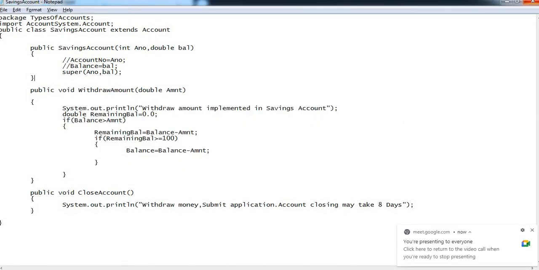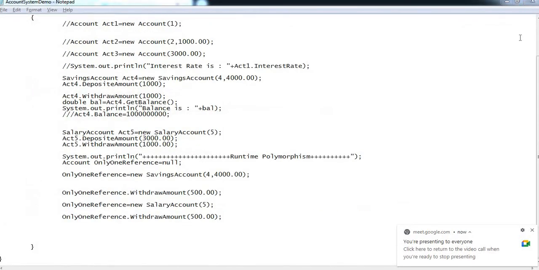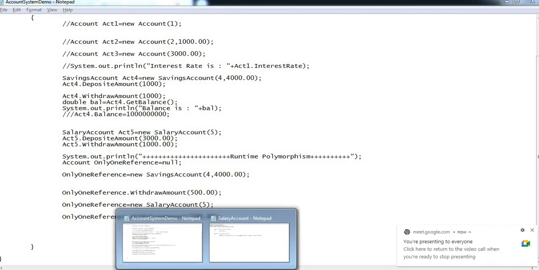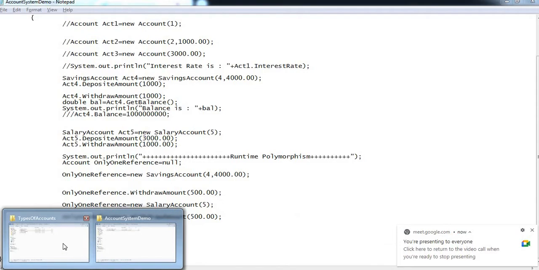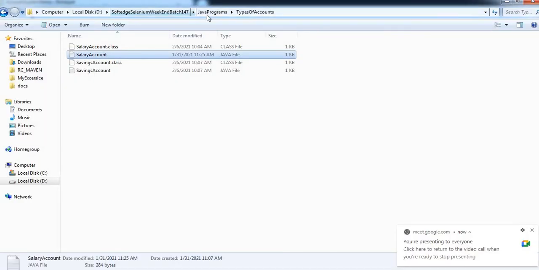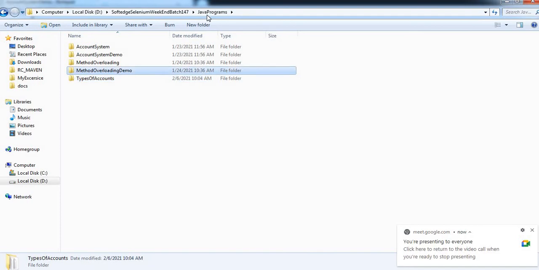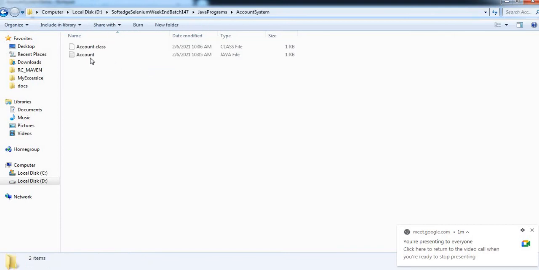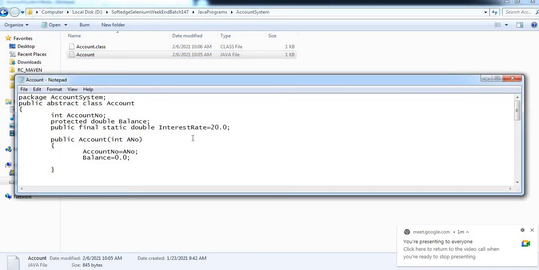This is savings account, that's fine. I just want the account class. This is demo, this is absolutely fine. So let's talk about our account class. Let me open our account class, and there we will see first what is the final variable. We have already defined it, but let me show you that, and let's revise it first, and then we will talk about the final method.